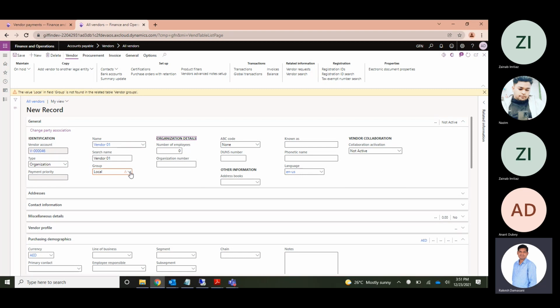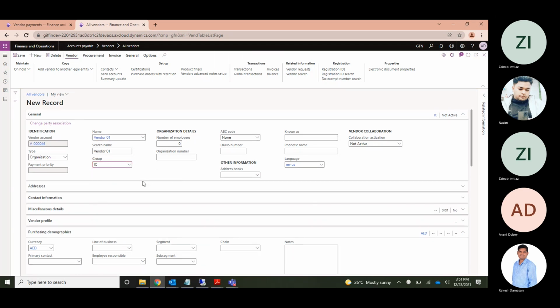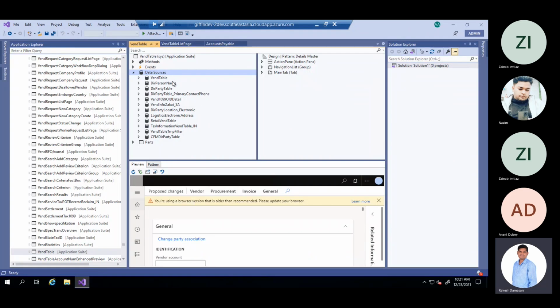So all this should be saved in some place. In order to save the data we enter, it should be created in some tables. In the backend we have the SQL, which stores the data which we create in the front end. So the data which we enter directly goes into the tables.